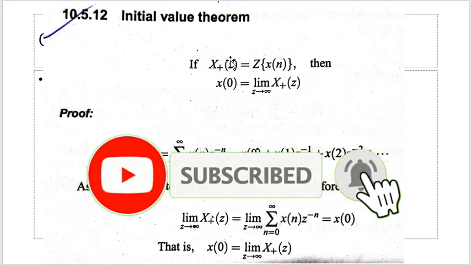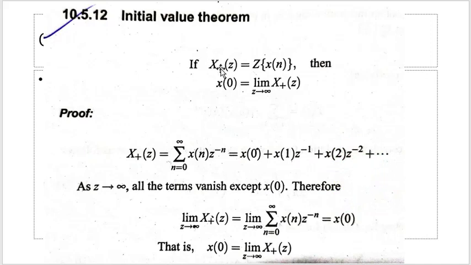Okay, so I guess you remember the notation of x plus of z. This x plus of z representation says that it is a one-sided sequence. Either it could be a right-handed sequence or a left-handed sequence, but it is one-sided. Since it is plus here, you can say it is a right-handed sequence wherein it exists for only the positive values of n. Okay, in that sense you have to understand.